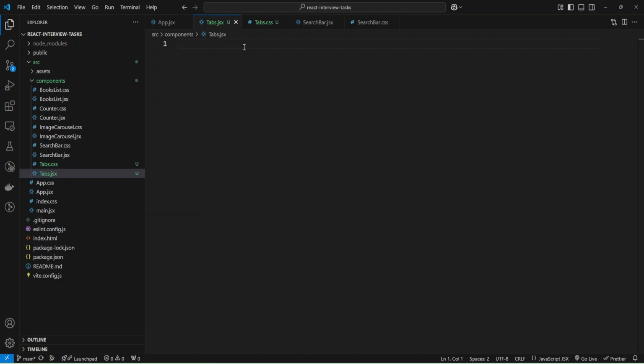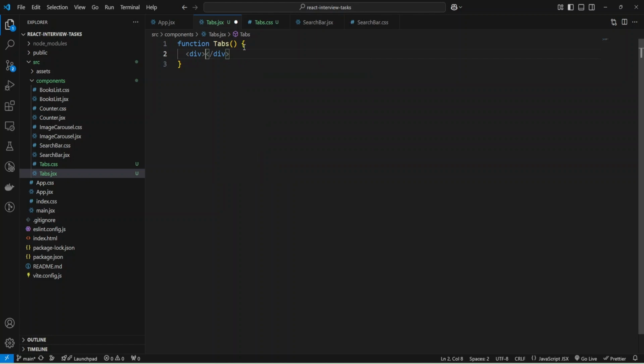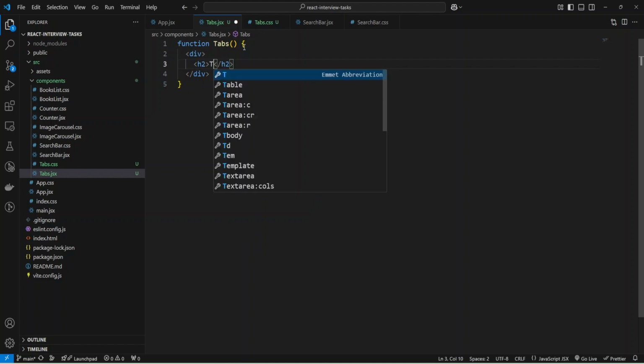Okay, and now I can create a functional component, function Tabs, and return some JSX. Let me create a container, and inside the container I'm going to provide an h2 tag, and let's add tabs.